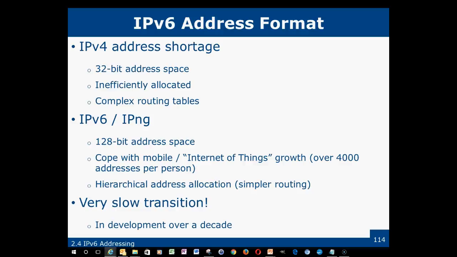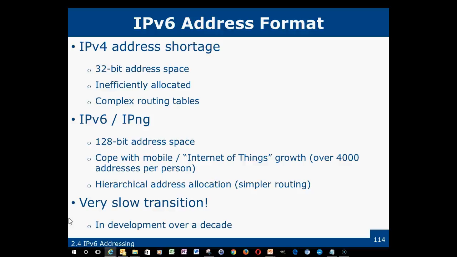IPv6, very slow in transition. This thing has been in development for over a decade, and I've said earlier, I think IPv6 is the addressing scheme that's imminent. We're going to use it imminently for a long time, as long as I can remember. So it's coming slowly. Other parts of the world who didn't get as many IPv4 addresses up front have gone to the IPv6 scheme. The other thing that has slowed the transition is the use of private IP addresses, NAT,